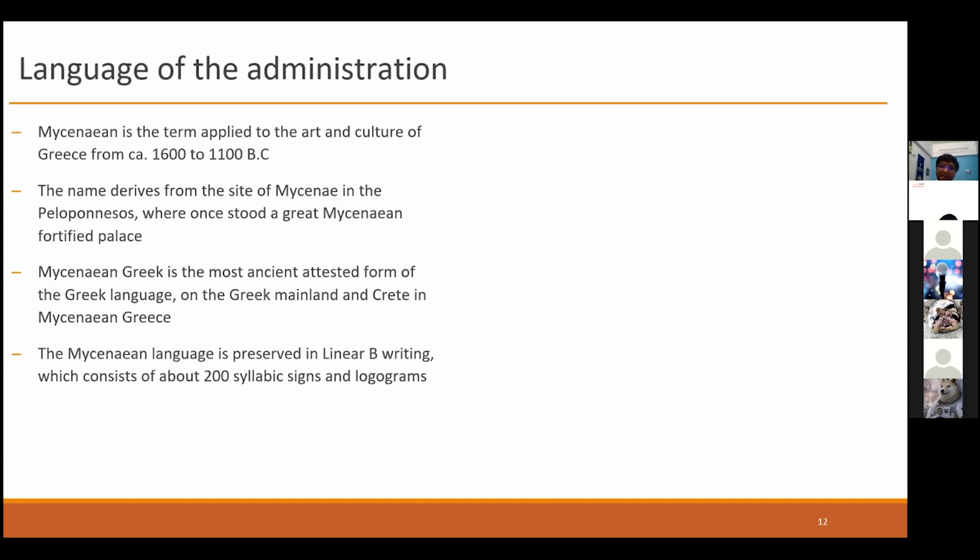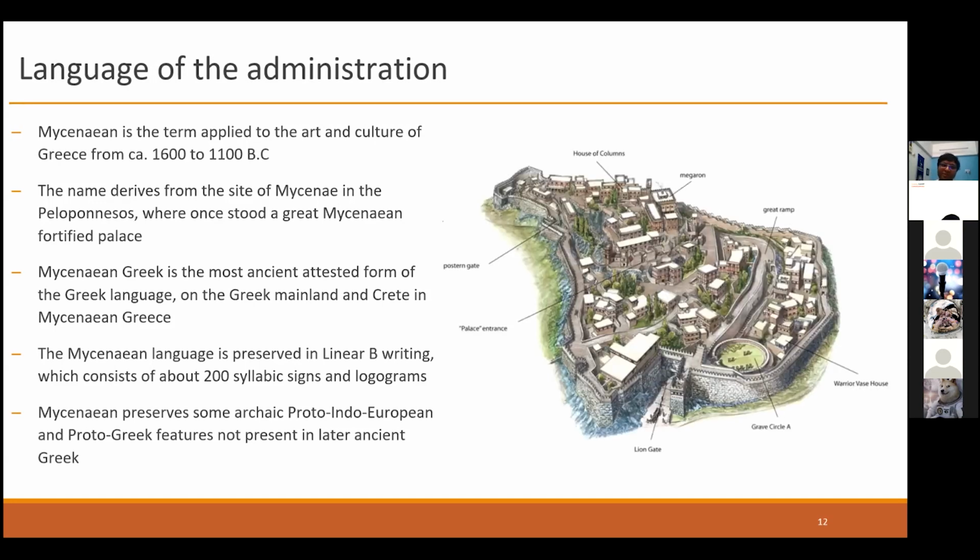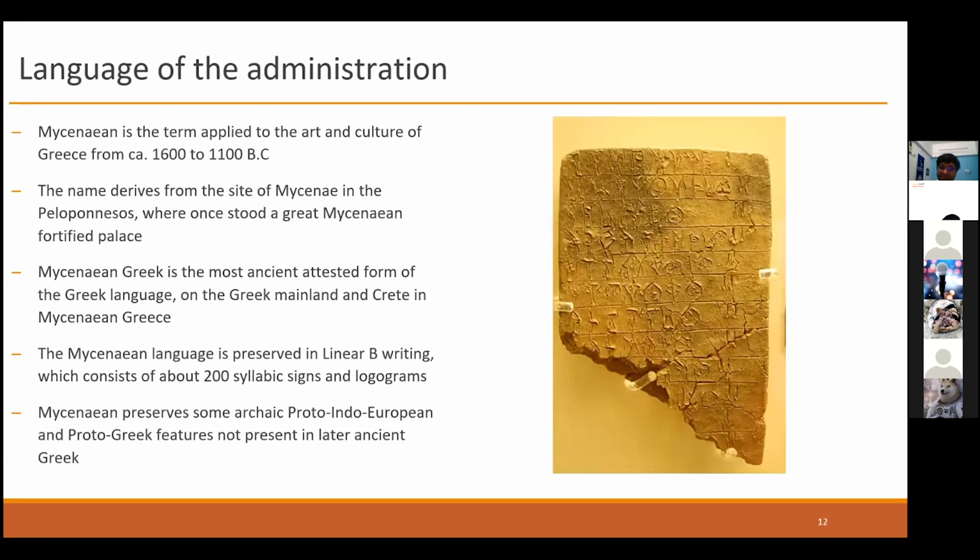Now, what happened is when they translated that language, which they preserved in writing, they found it's very similar to the Sanskrit language. Right? It had all the rules of grammar which Sanskrit had. So it preserved all the archaic Proto-Indo-European features which are not present in the ancient Greek. Like languages evolve over time. However, this ancient language was very similar to the language which went on to be the modern Sanskrit. So this is some of the ancient pictures.